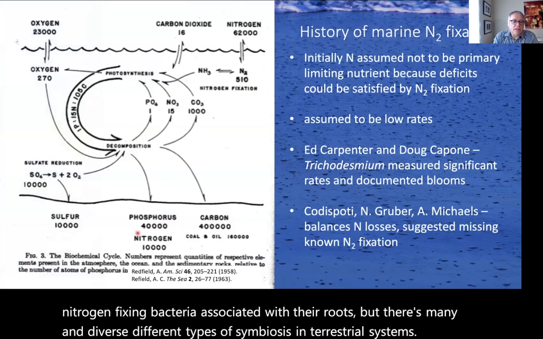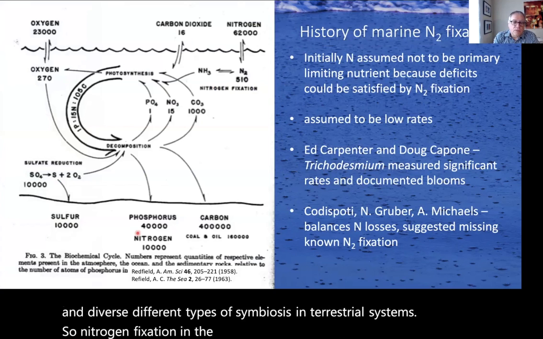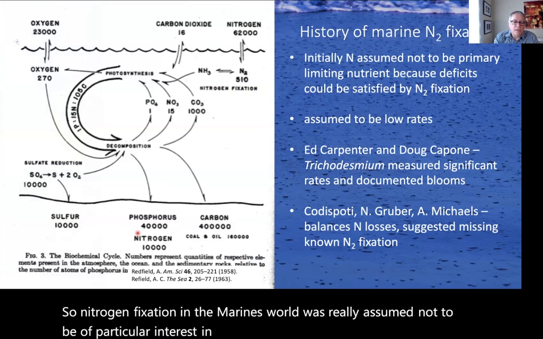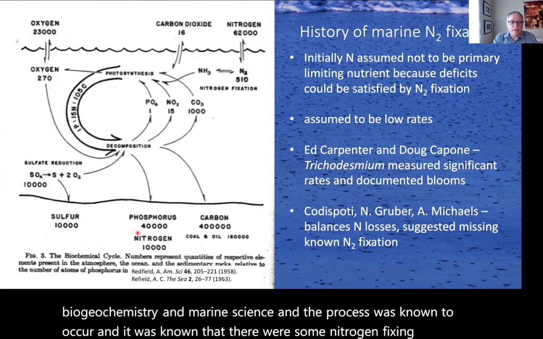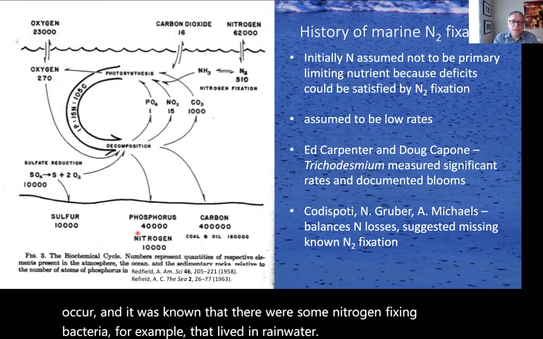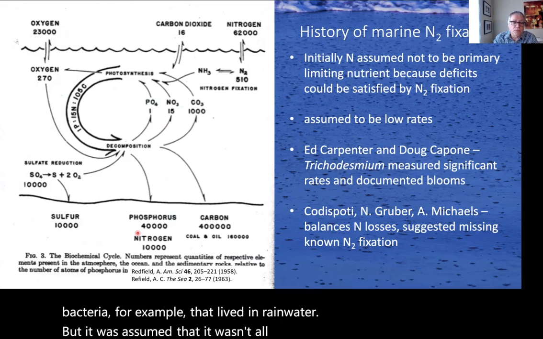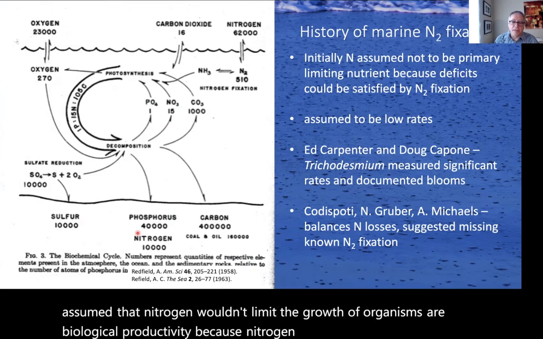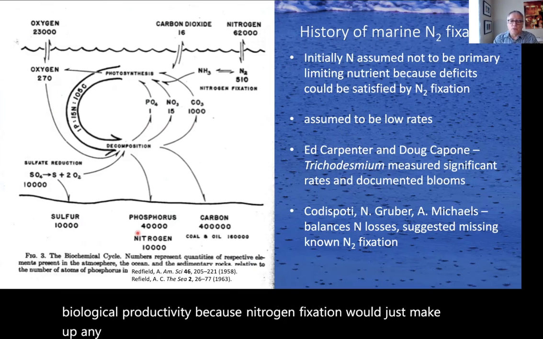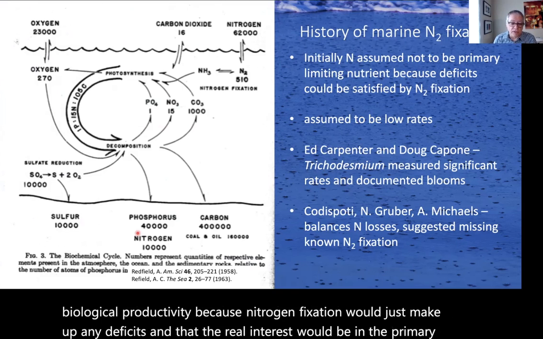So nitrogen fixation in the marine world was really assumed not to be of particular interest in the early years of marine biogeochemistry and marine science. The process was known to occur, and it was known that there were some nitrogen-fixing bacteria, for example, that lived in marine water. But it was assumed that it wasn't all that important because nitrogen wouldn't limit the growth of organisms or biological productivity, because nitrogen fixation would just make up any deficits, and that the real interest would be in the primary limiting nutrients, which was largely to be